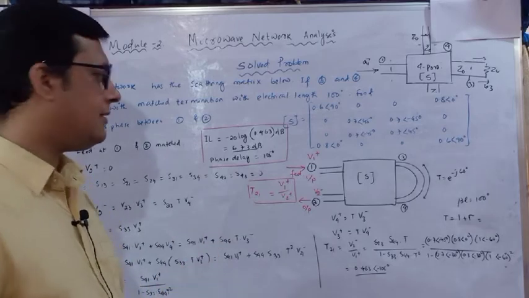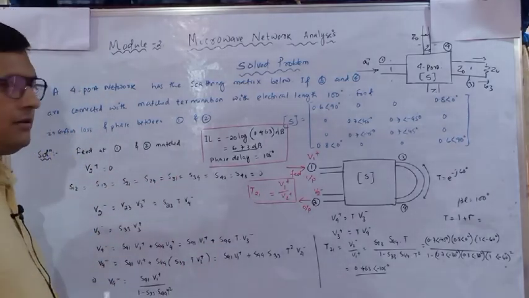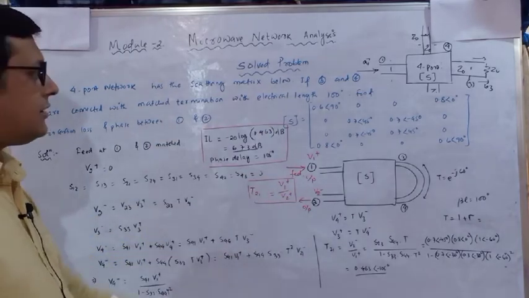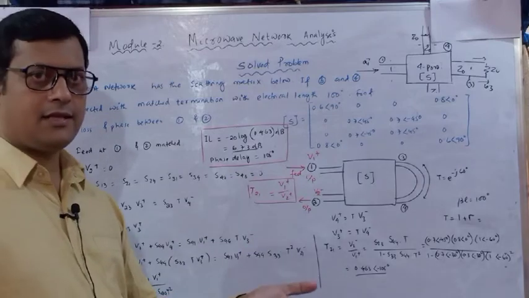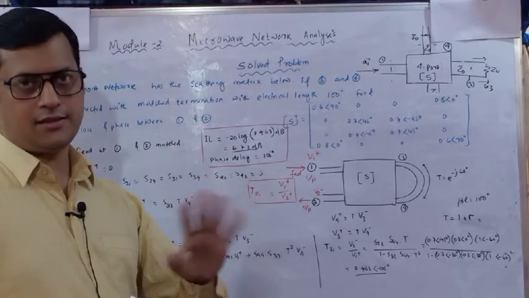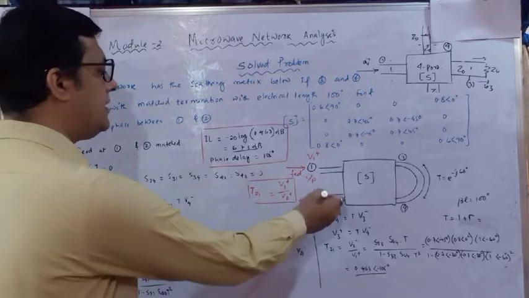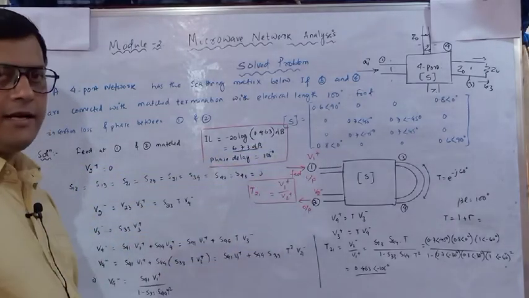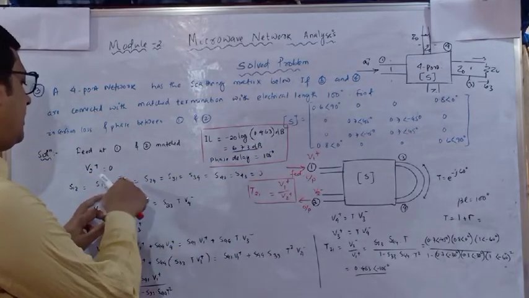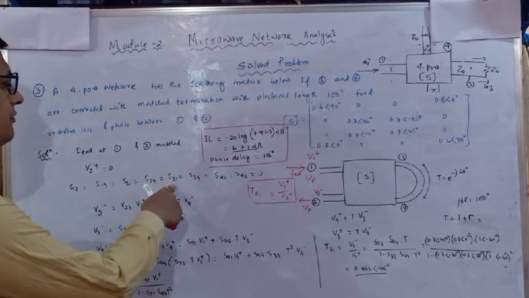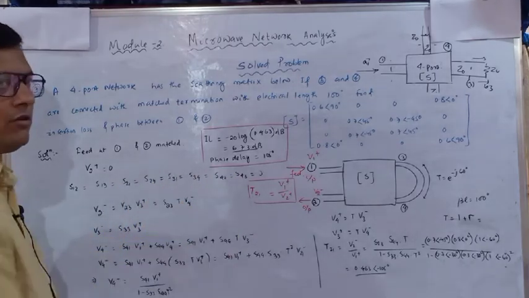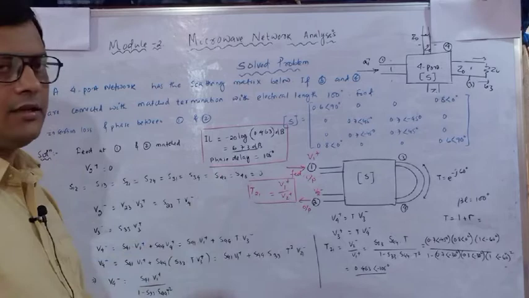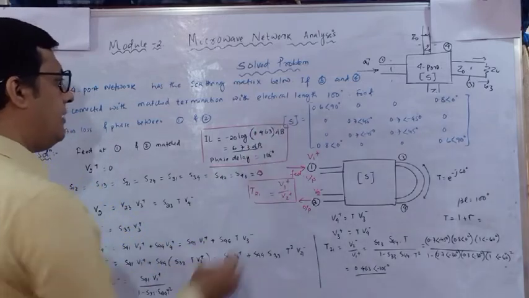Okay, how? Let's see. As per the given system, the input power is fed at port 1 and output is observed at port 2. So V1 plus is there and V2 minus is there. Because there is no source at port 2, V2 plus is 0. V2 minus is the reflected wave, the output at port 2. Next, according to the S matrix, S12, S13, S21, S24, S31, S34, S42 and S43 are all 0. So as you can see, all these values are 0. That is one confusion we have seen from the scattering parameters.